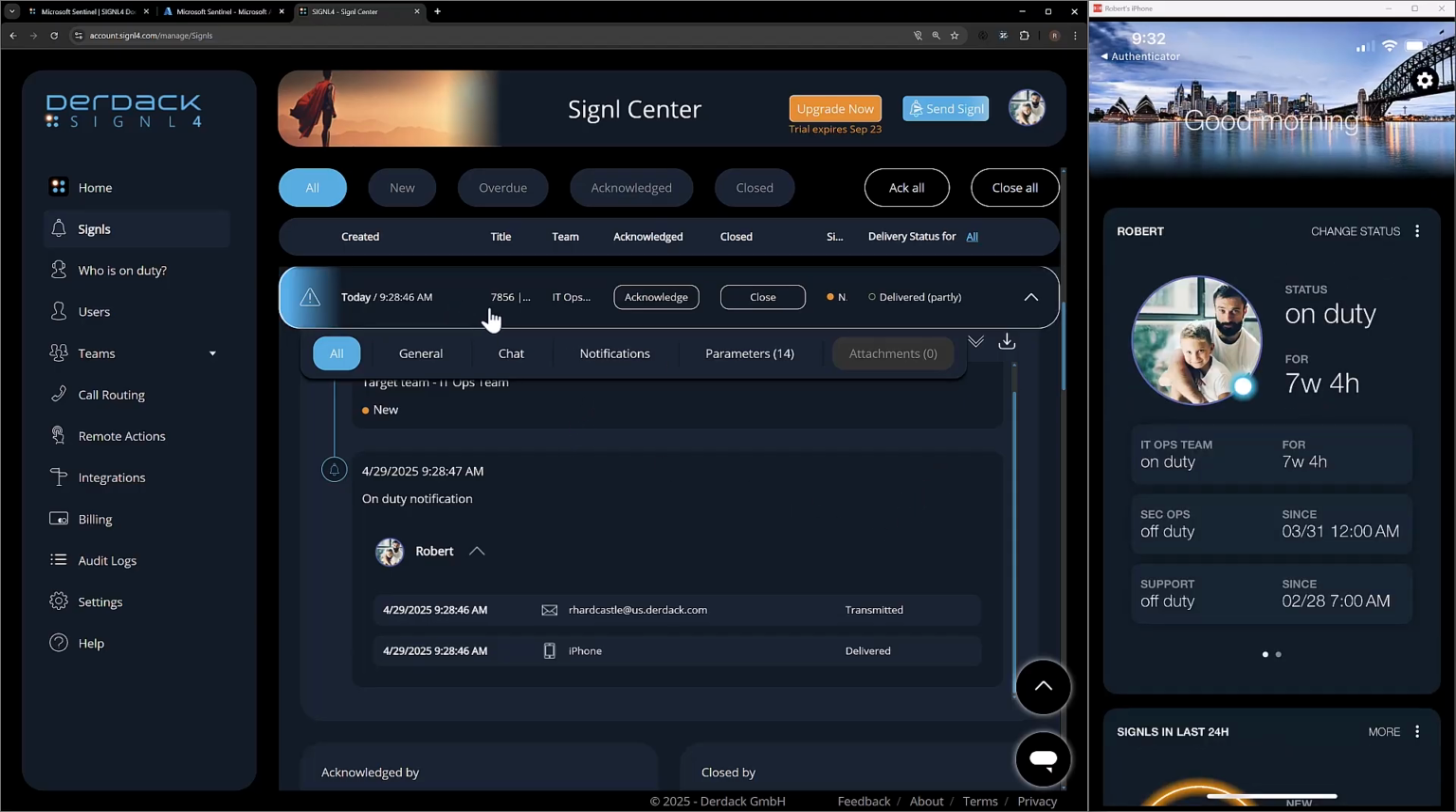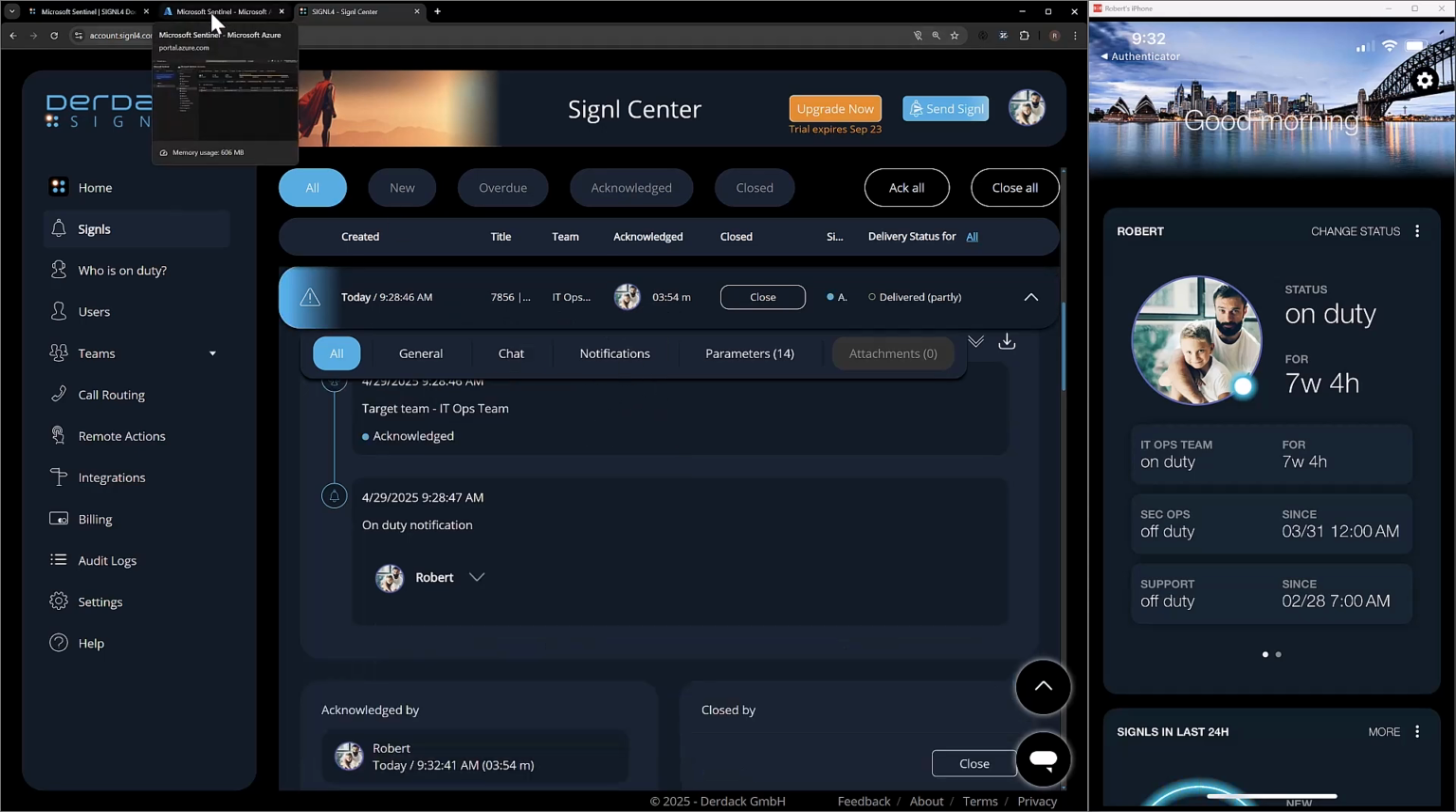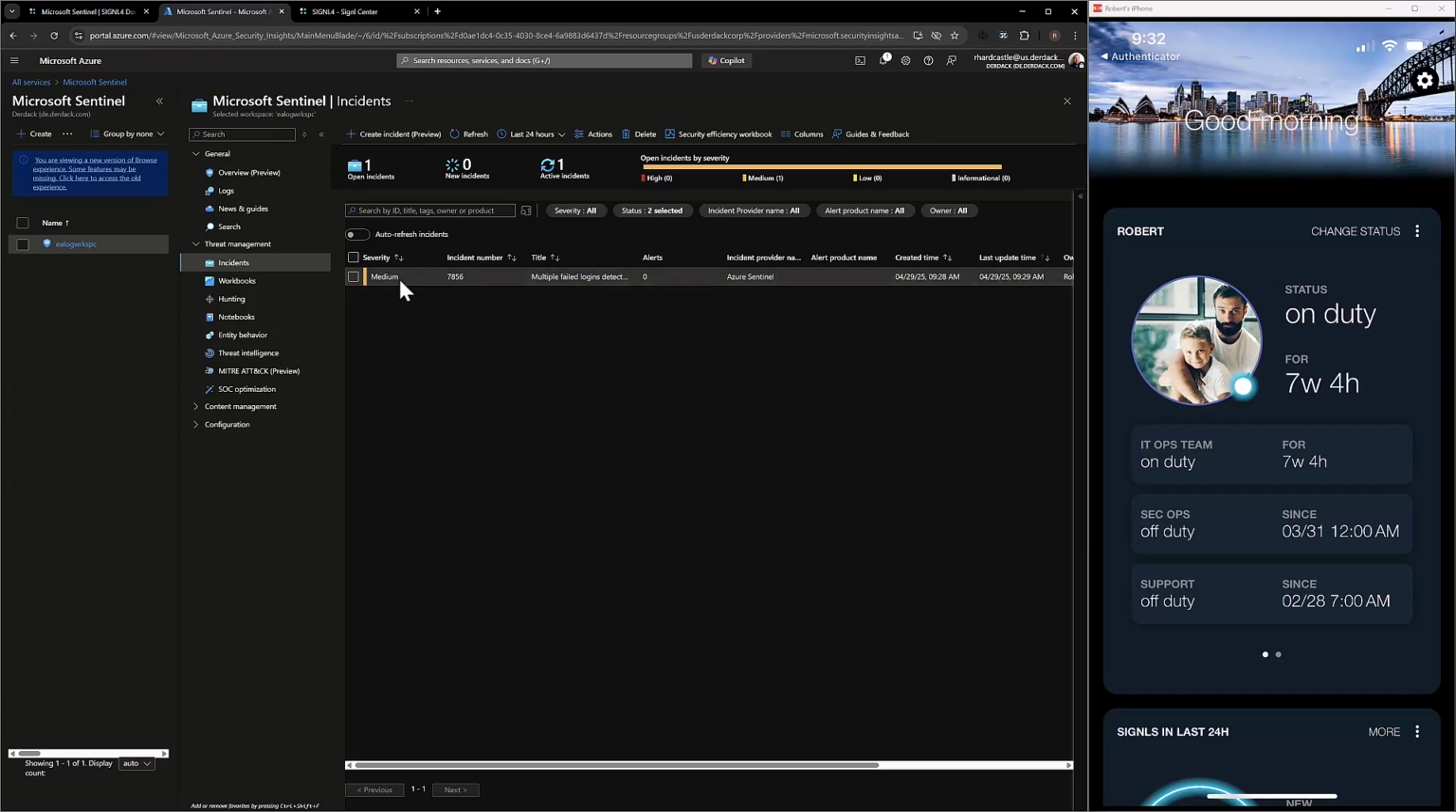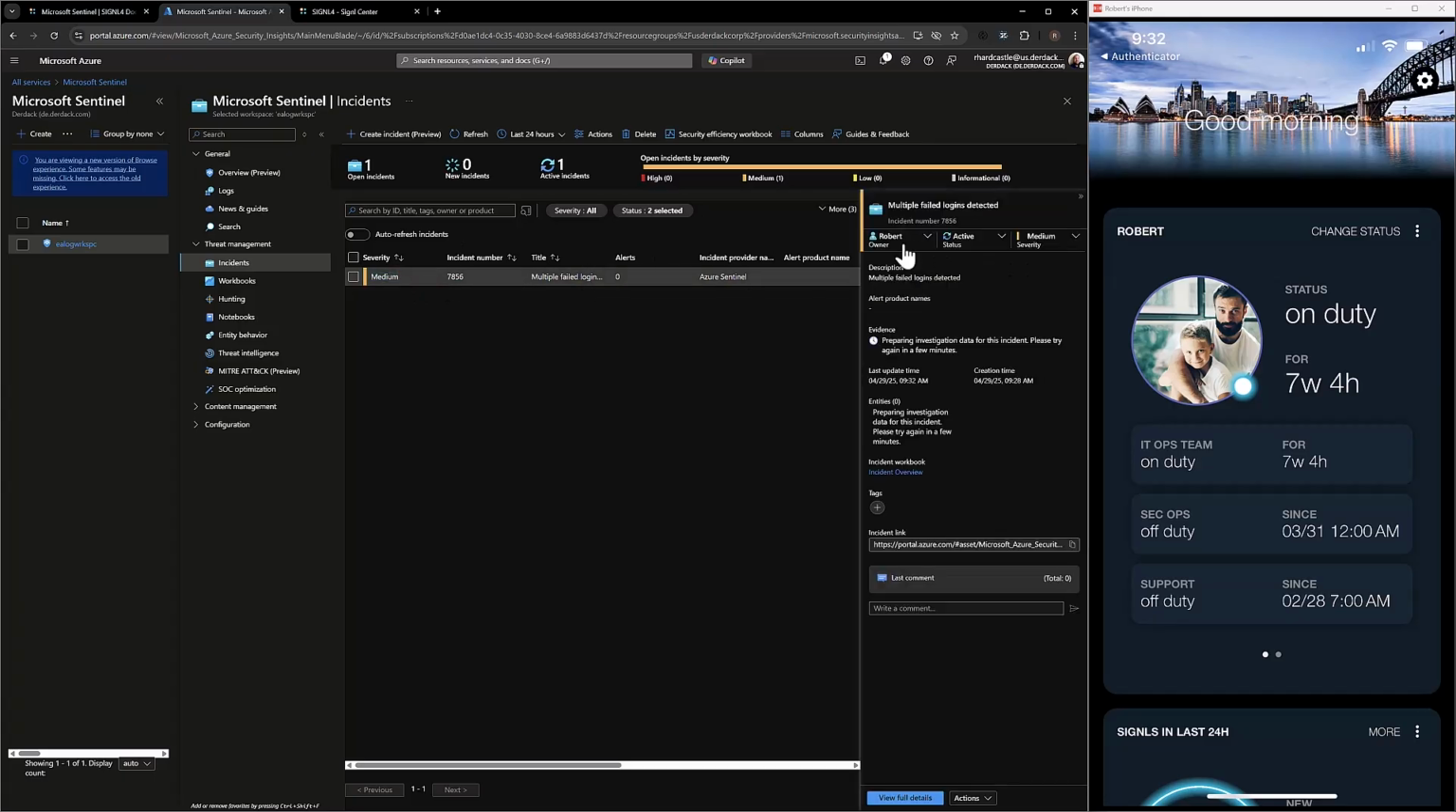Now if I acknowledge this alert inside of SIGNL4, this acknowledgement carries back to Microsoft Sentinel. If I click inside of Sentinel and open my alert, we will see that it has set the owner to myself, the Robert owner, and this is done via email. So the emails would need to match for your Azure user as well as your SIGNL4 user. It also sets the status to active instead of new, letting us know that we are currently working